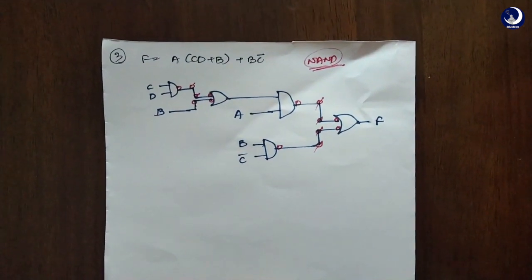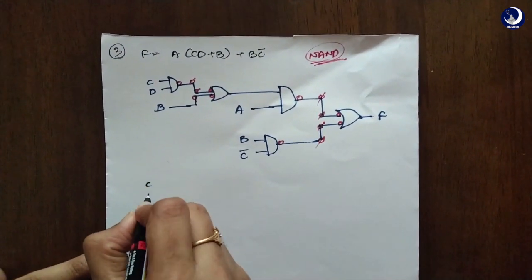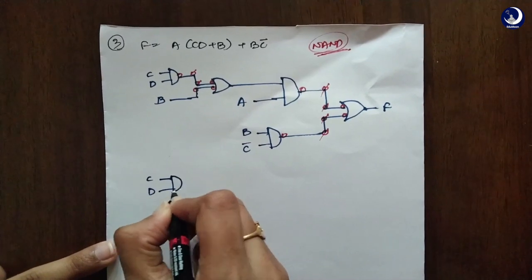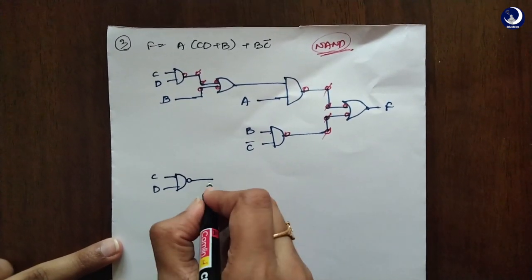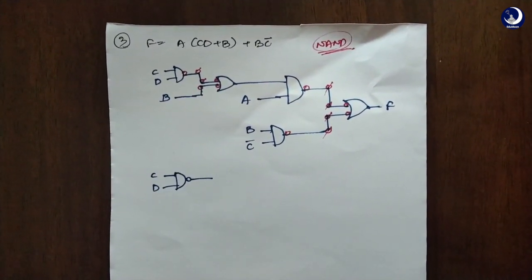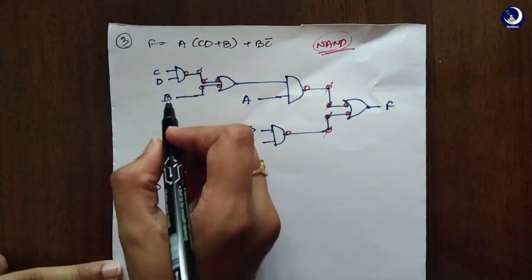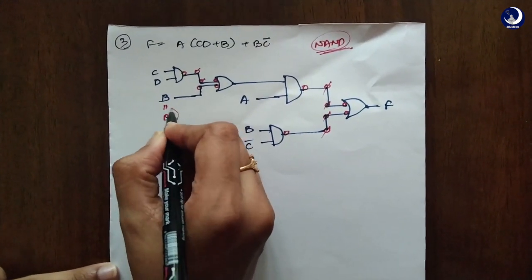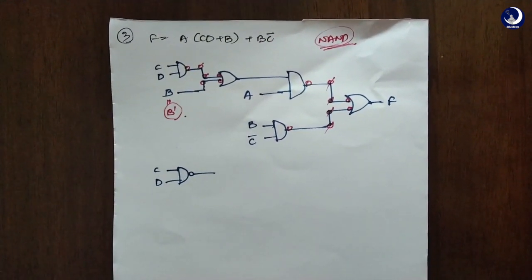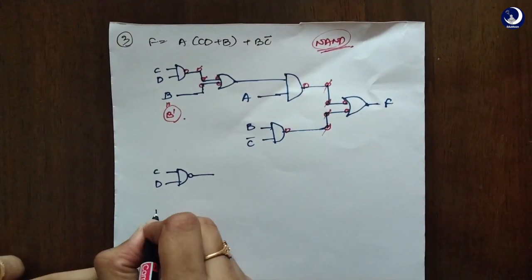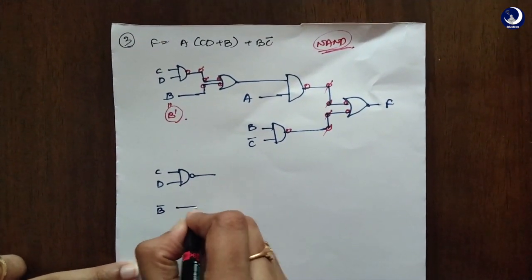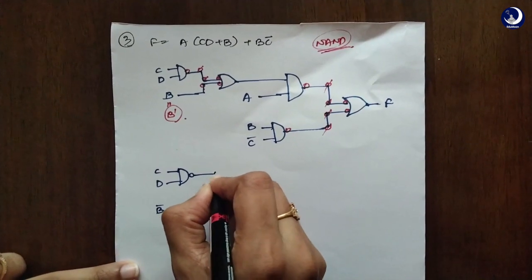Now how does your logical diagram look now? This is C, D. Here we have an AND gate right now. And as you can check here, there's only 1 bubble here, right? So this becomes B bar instead of B. So what do we do now? So this is B bar. And these two are again connected using an OR gate.